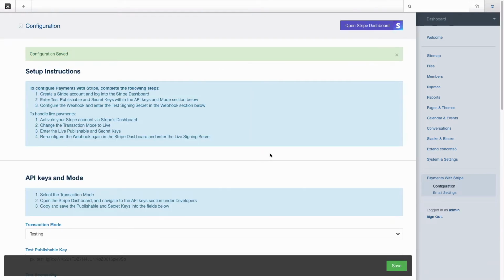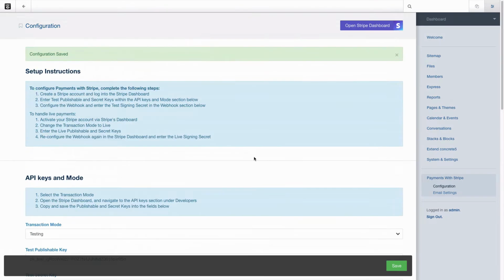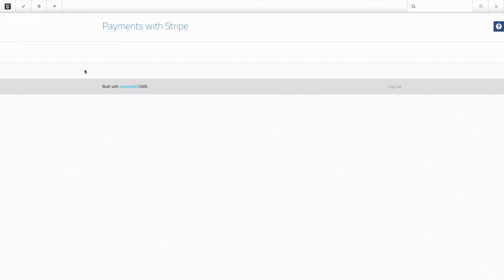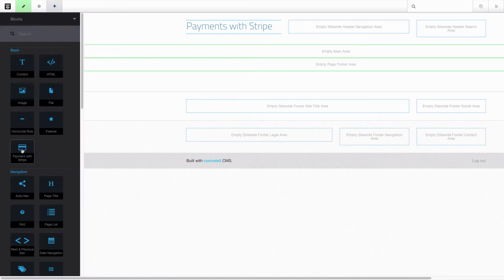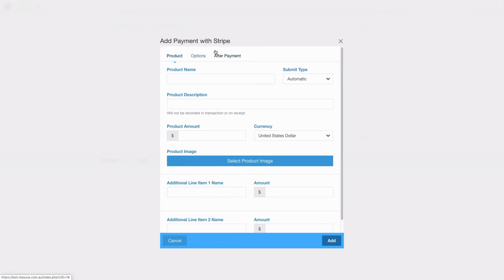So at this stage, the add-on is configured with Stripe, and we can start adding our payment buttons. So there's lots of different ways that this can be done, but I'll start off with a really simple button to show an example. So let's add a new payment with Stripe button, and I'll drag that on. And I'm going to do just a demo product here. It's going to be a meeting with my cat, whose name is Jazzy. So meeting with Jazzy, and that is going to cost